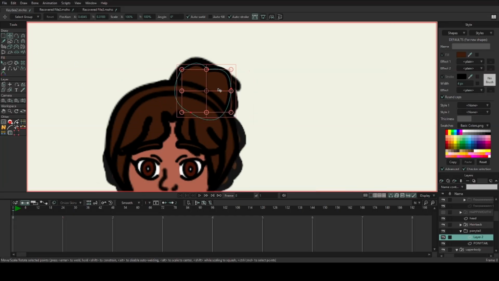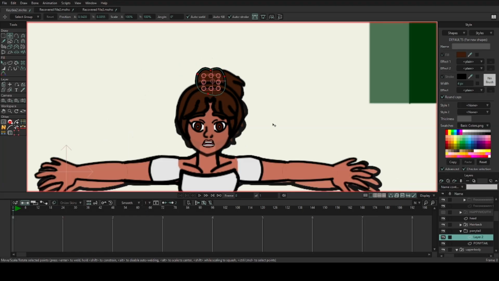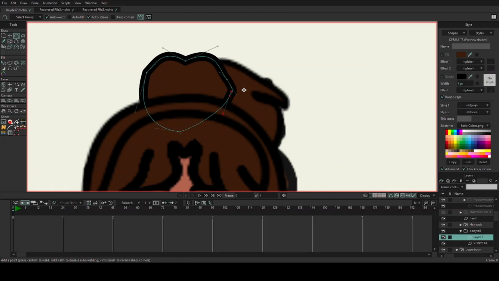OpenToonz worked in its way when I was doing frame by frame work. It really works for frame by frame if you're trying to do that.